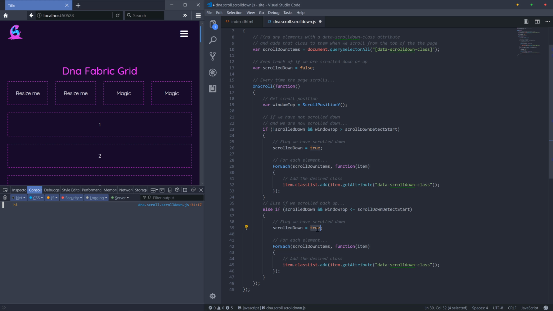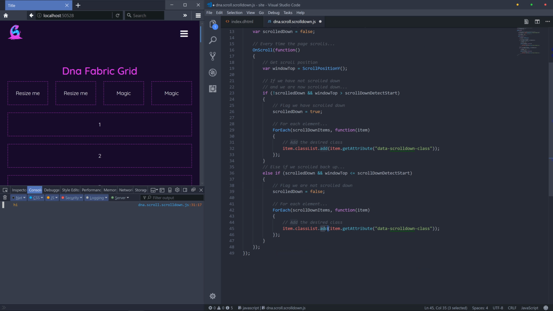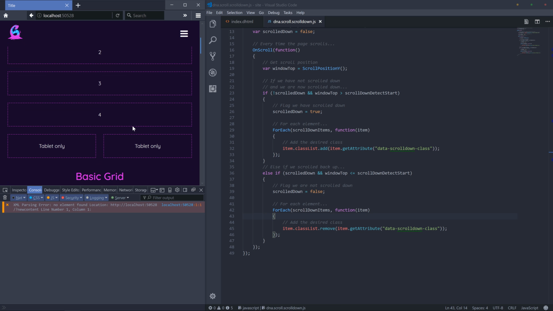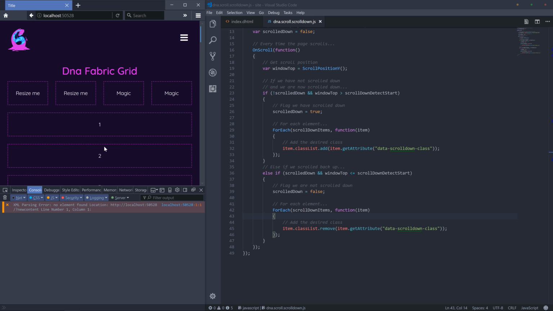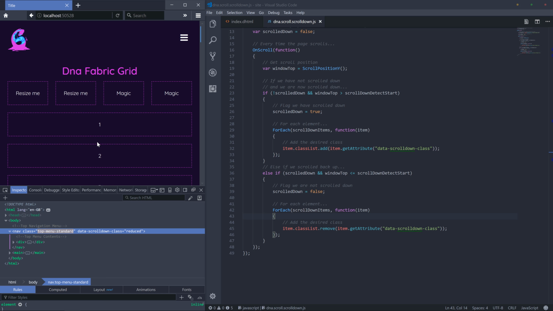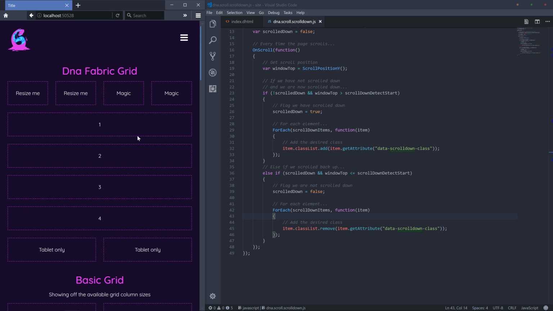Fix the indents. We're now not scrolled down. Flag we are not scrolled down. For each element, now remove the class and save that. So now if we scroll down, it shrinks. Hopefully when we scroll up, it removes it. And you can see then in here, add, remove, add, remove. And that's basically it. That's all there is to a nice responsive